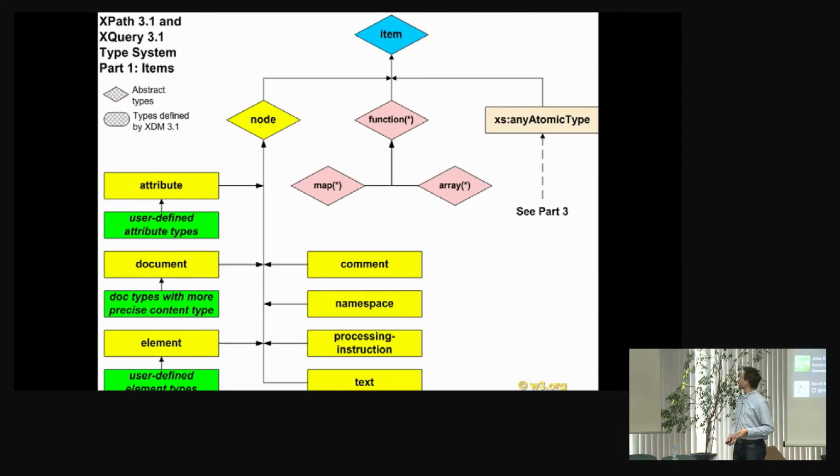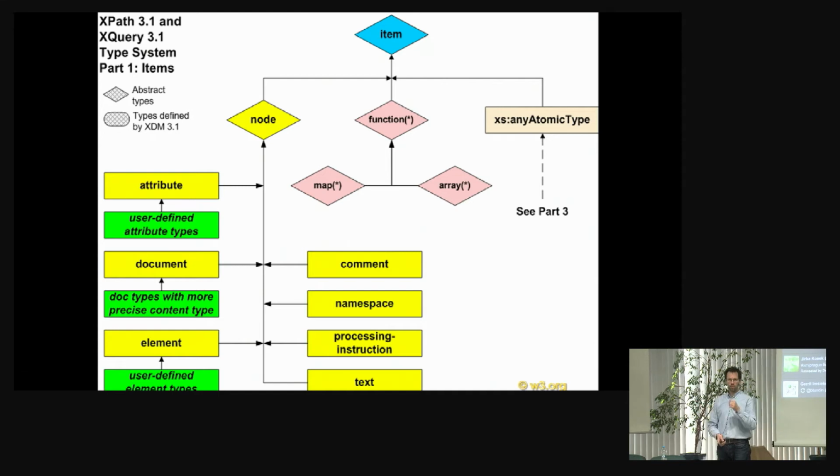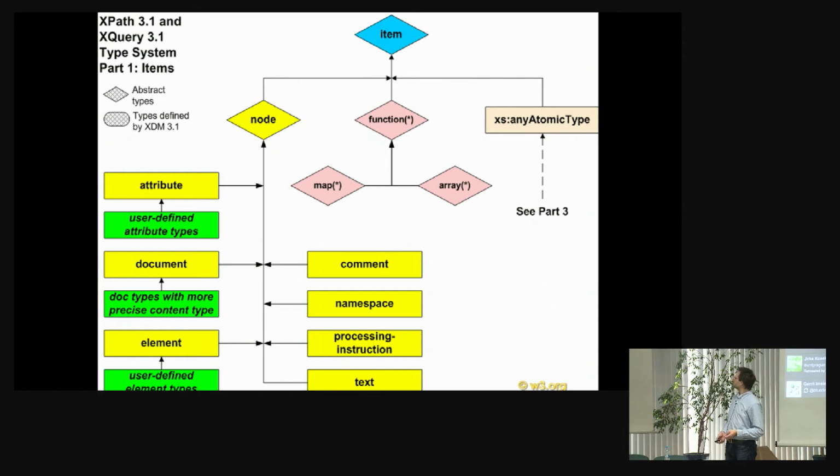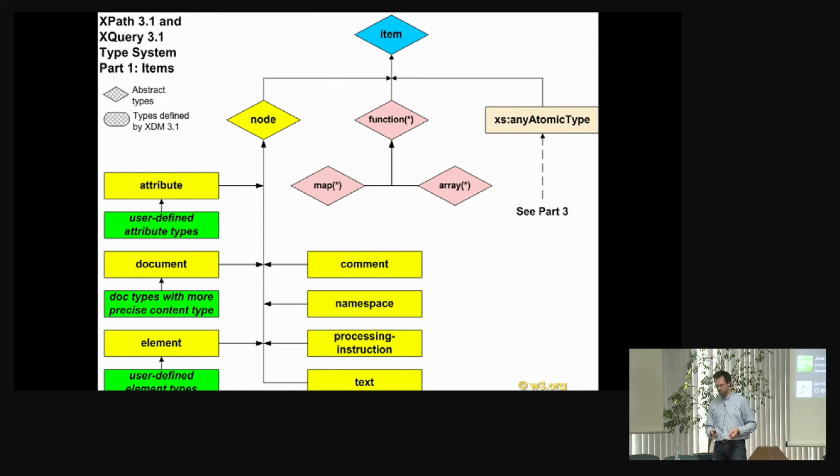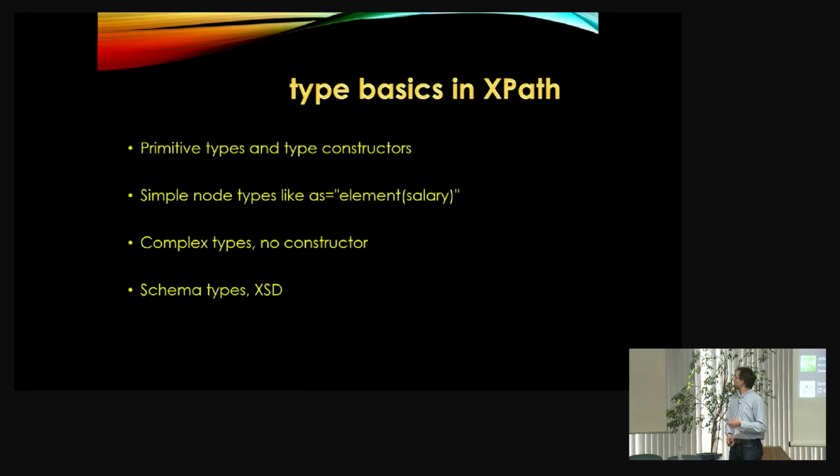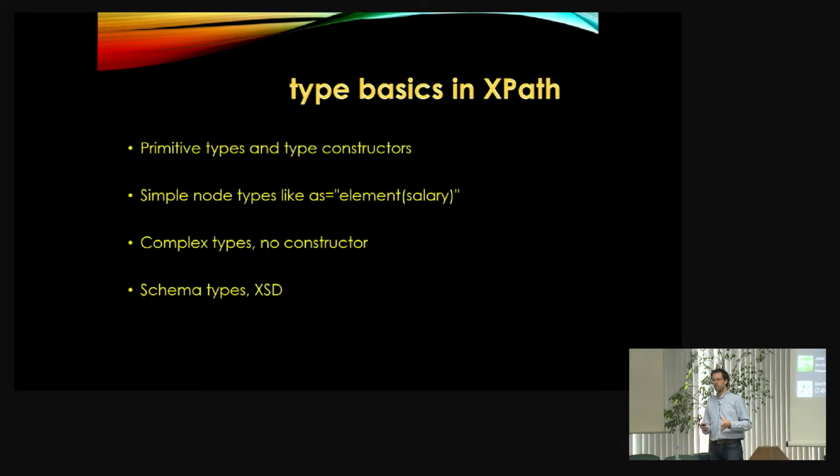Here's a quick overview of the type hierarchy as published in the XPath specification. It's actually in the F&O specification, but anyway. Item on the top, from there come the nodes, functions, and all the atomic types. So these atomic types,